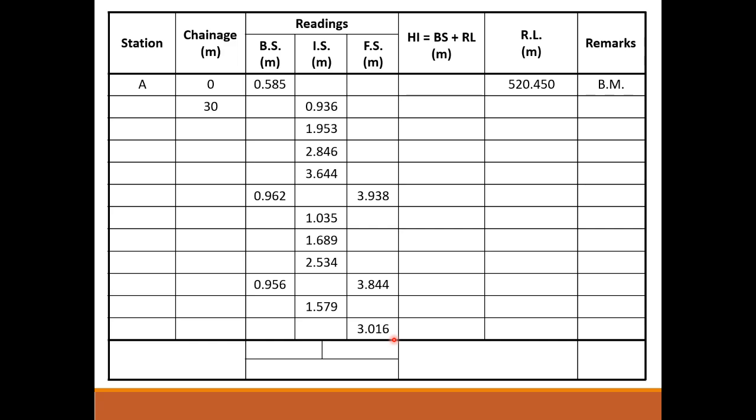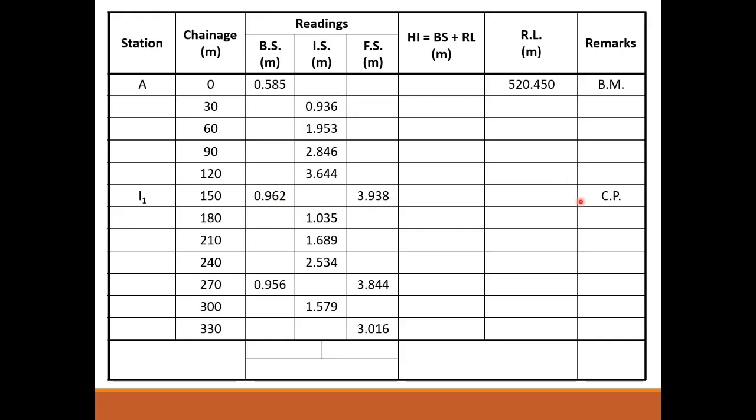Now the change is given, the information given to us in the statement is that after regular interval of 30 meters, all the staff readings were taken. So it means the distance between the first and second reading was 30 meters. The distance between the second and third staff reading was 60 meters, and so on. Okay, at 330 meters we have given that it is the last point, it is the last reading, which is indicating the station B.